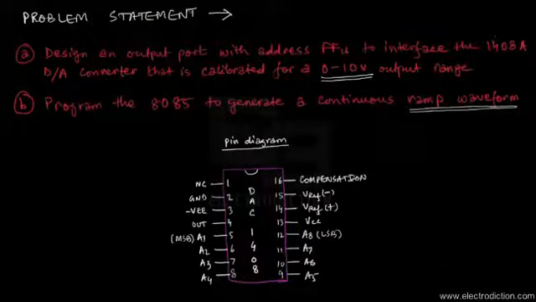Alright, I brought here the pin diagram of the DAC 1408 for your convenience. You can see all these pins, out of which pins 5 to 12 serve as the input lines for the corresponding digital input bits. It has 8 bits of digital input code that it can take, since it's an 8-bit DAC. Apart from that, we can see the reference, the ground, and the 2 input pins for the voltage, and the output and compensation pins, but nowhere can we find any pin for enabling or disabling